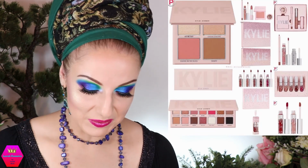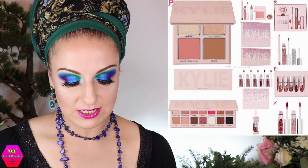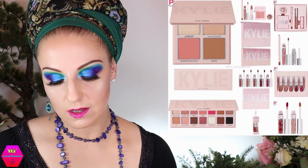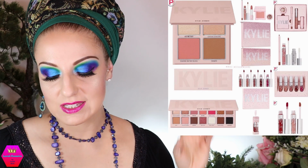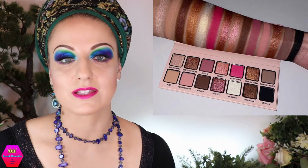So she's coming out with the Holiday 2019 collection, as everybody does now, and there is going to be the Holiday face palette, which is going to retail for $38. Then there is a Holiday lip set for $36. There is an eyeshadow palette for $44, and there's all kinds of stuff. So anyway,